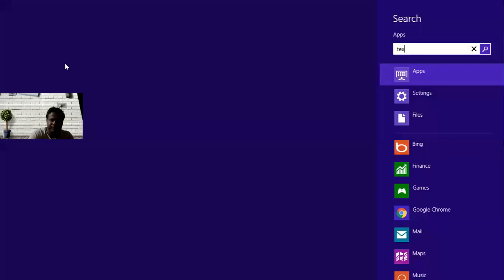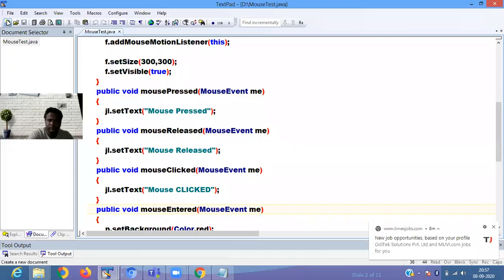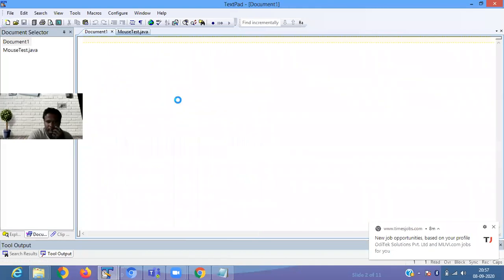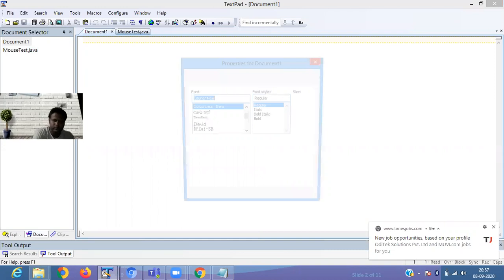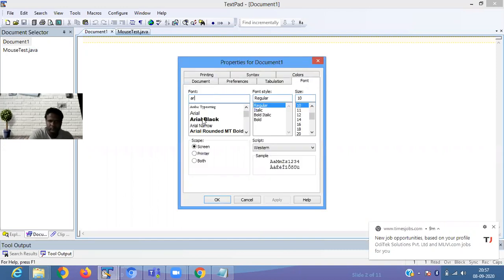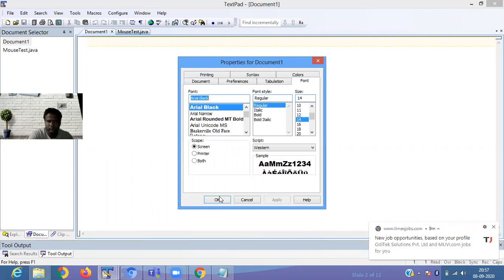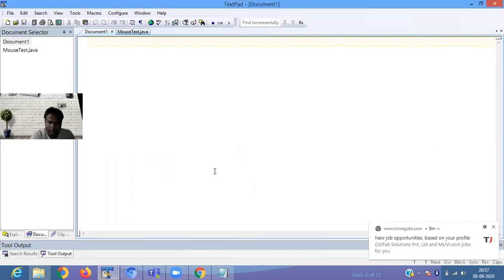Let's see one example. Suppose I define void show(int a, int b).